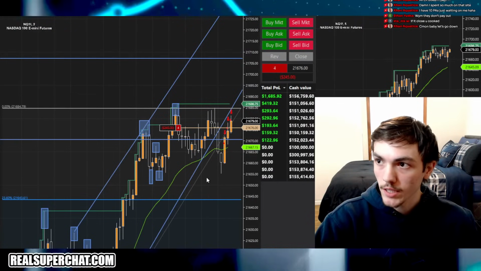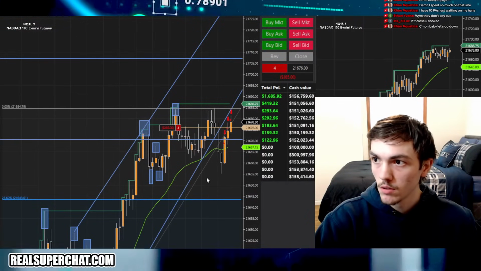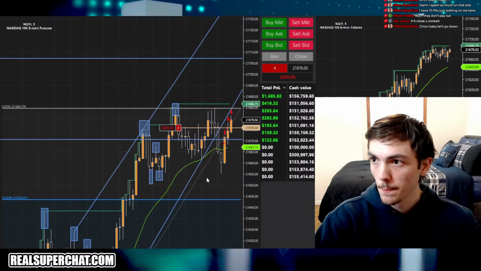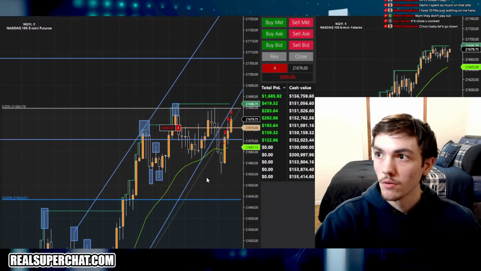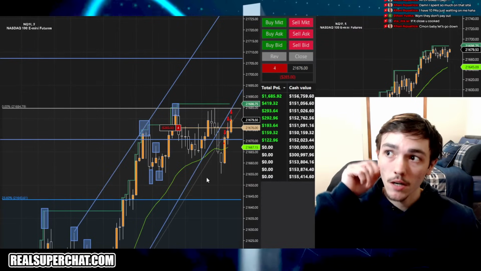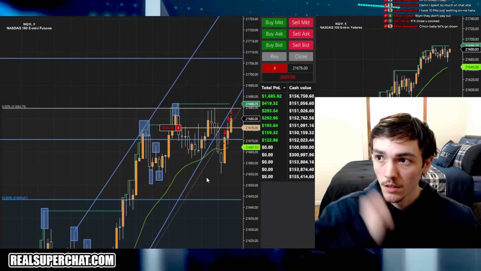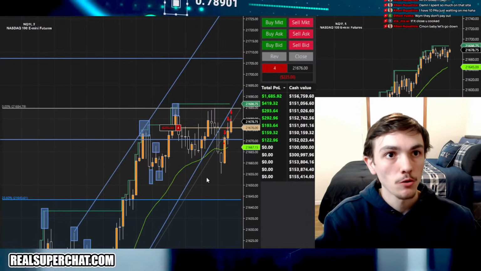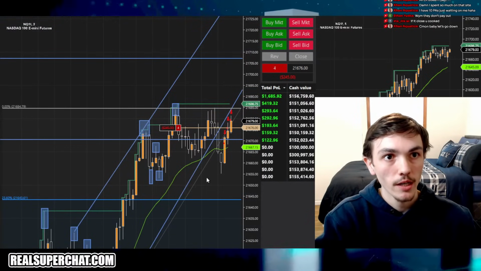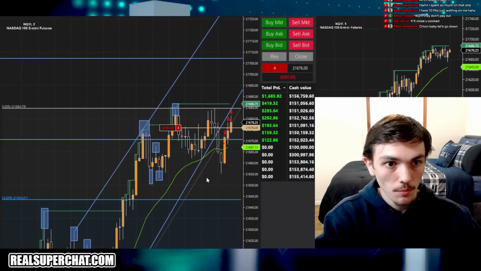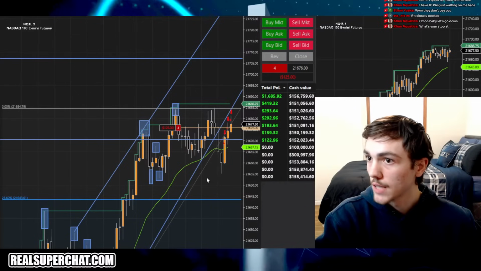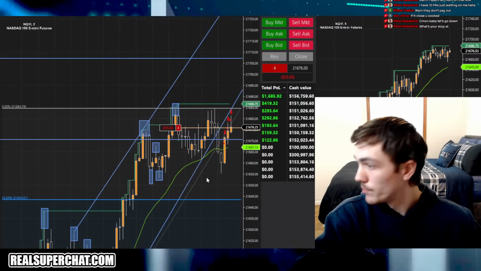Looking for this to reject here, create a lower high, come down, and just break through all this. May just continue to that pivot point up there at 21,707. Gotta know this. This does not have to pull back. NQ is only up 0.67%. ES is up 0.5%. Nvidia is up 3% and rising. Tesla's up 2.3% and rising. This does not have to go down.